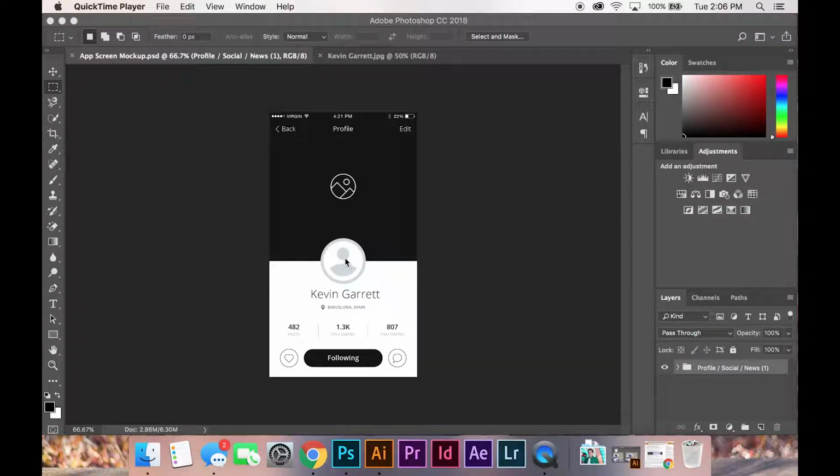So with things like iPhone mockups or iPad mockups, a lot of times we have to make the screen first that we want to see. So I have a really standard profile screen I found online for free. And what I'm going to show you today is how to work with mockups that might not have an edit contents file. So what we want to do is put a profile picture over our person Kevin Garrett here, and